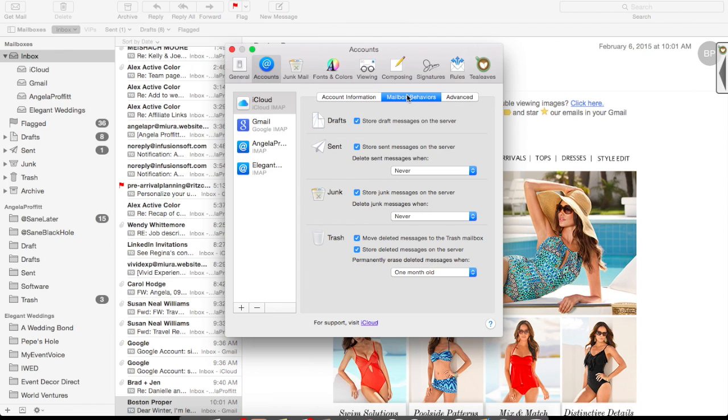A couple things to pay attention to is if you click over here on mailbox behaviors, if you're a fan of using your drafts folder, make sure that you want to store your drafts on the server. I recommend always using your server because you have a backup. If you store things locally inside the Mac application and something happens to your computer, everything is gone. So again, make sure that you have